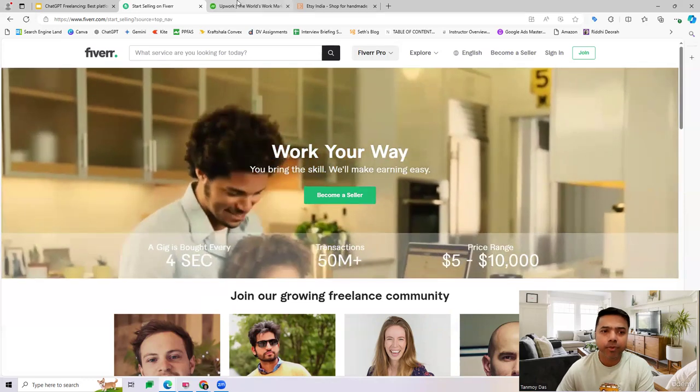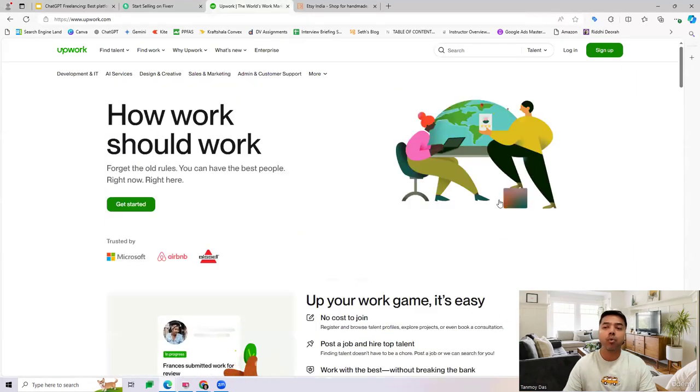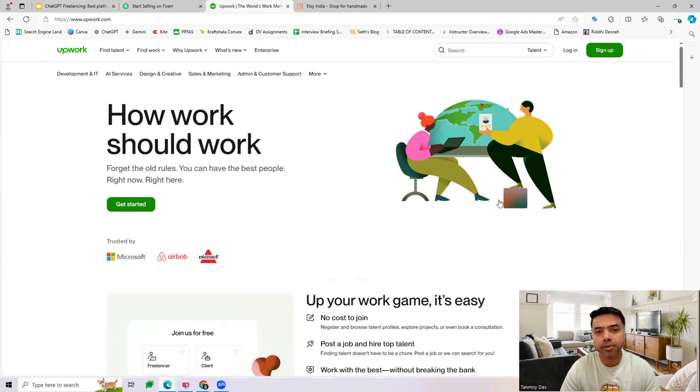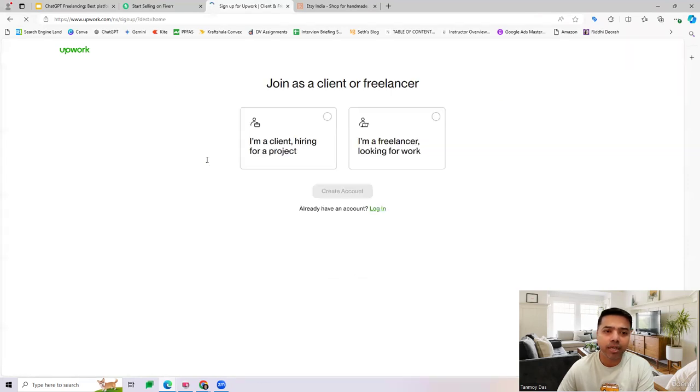The second one which you want to see is Upwork.com. Now, Upwork is an old platform. They have been in this industry for a pretty long time. I would say the oldest in the freelancing field specifically, which is used for the same purposes where people can come and open an account as a freelancer and provide their services online across the globe. So you can do the same thing over here. You just need to sign up as a freelancer.